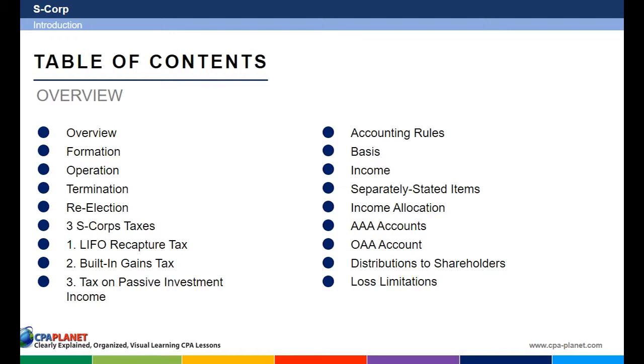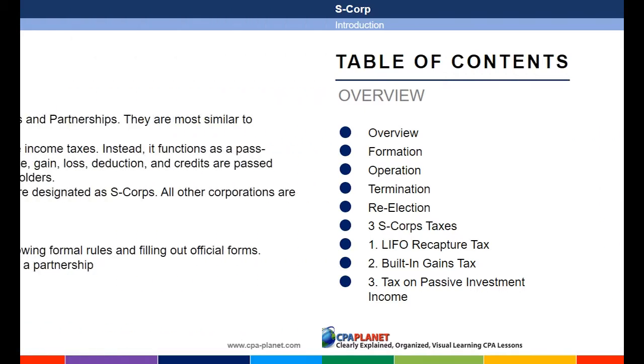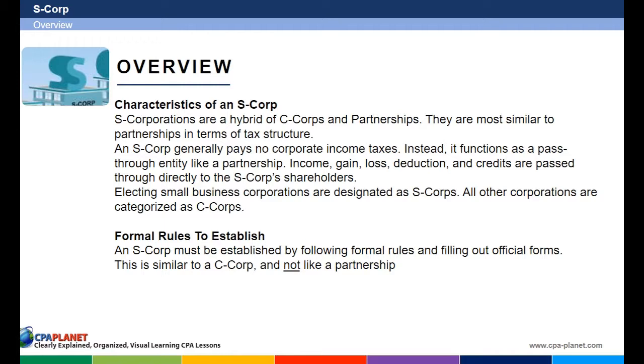We're going to study the accounting rules. We're going to study basis, very important for S-corps, income, separately stated items, income allocation, the AAA account, the OAA account, distributions to shareholders, and loss limitations. So let's get started by studying the overview,